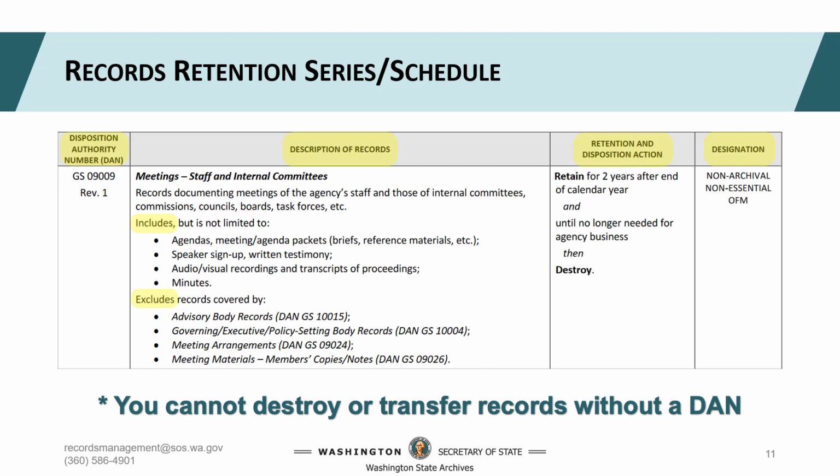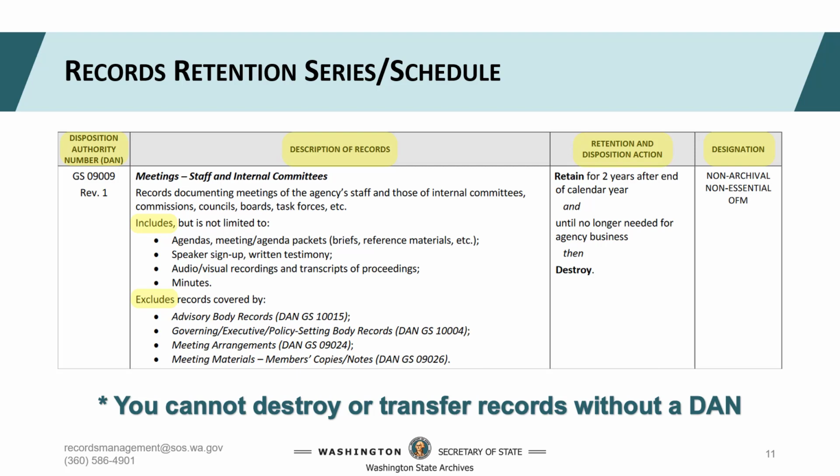It includes descriptions and examples of records included and excluded in that business process. This can seem confusing at first, but knowing what types of records are included as well as excluded will help you identify the correct series. Keep in mind, your record may still fall under that DAN if it matches the description but isn't specifically identified in the included list. This happens a lot because different agencies call the same document or file by a different name. Thankfully, record series are functional and not subject or department dependent, so they include as many applicable records as